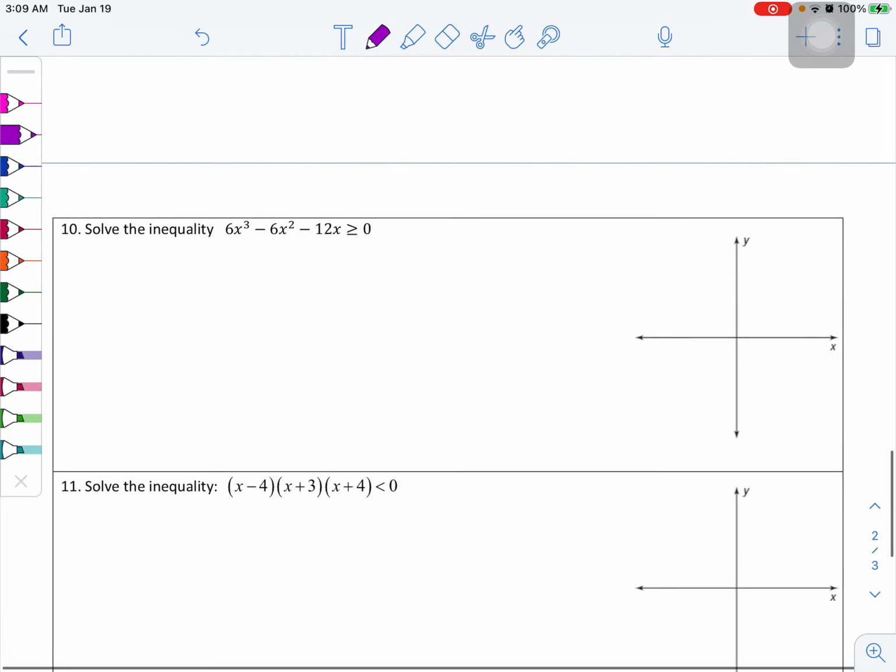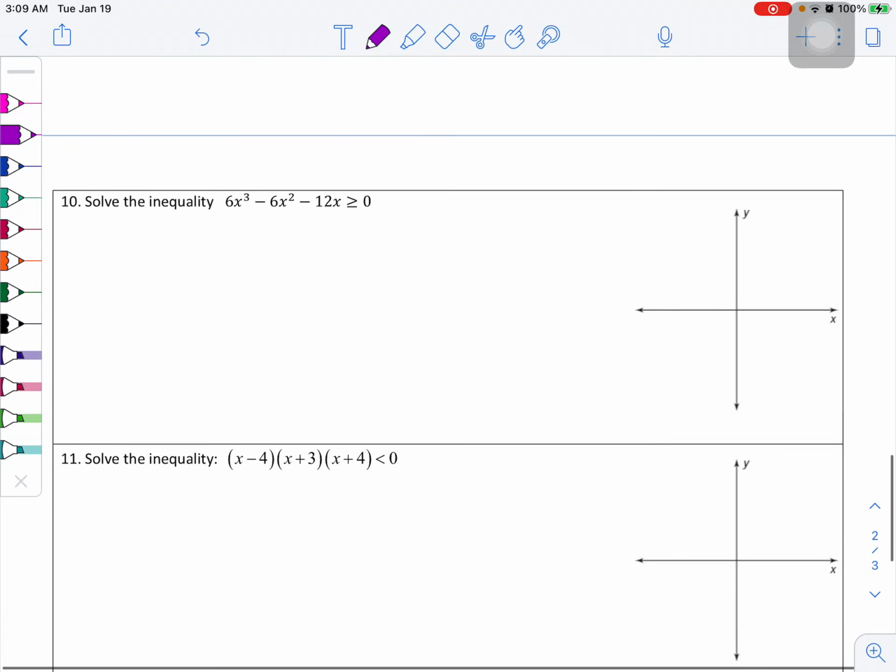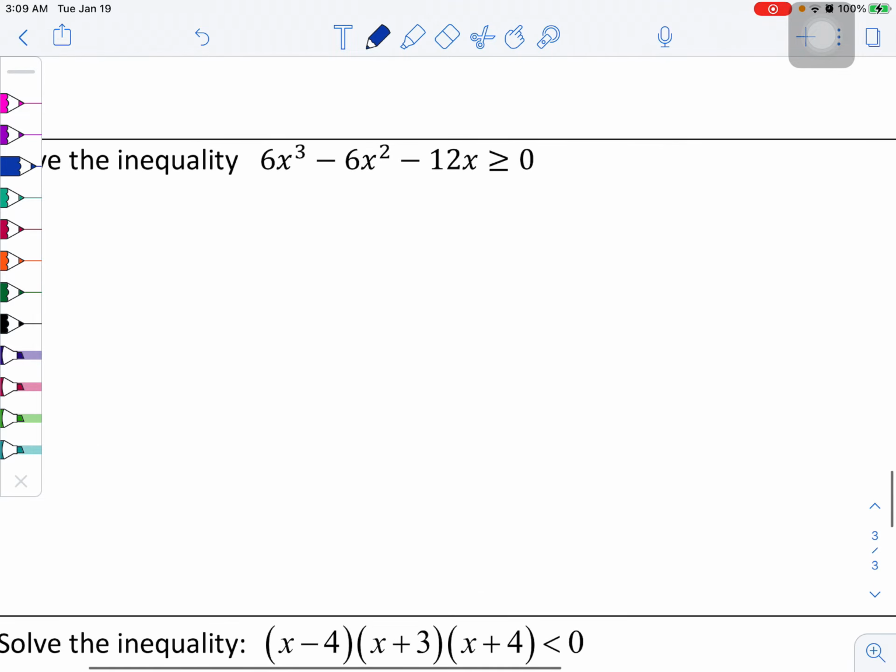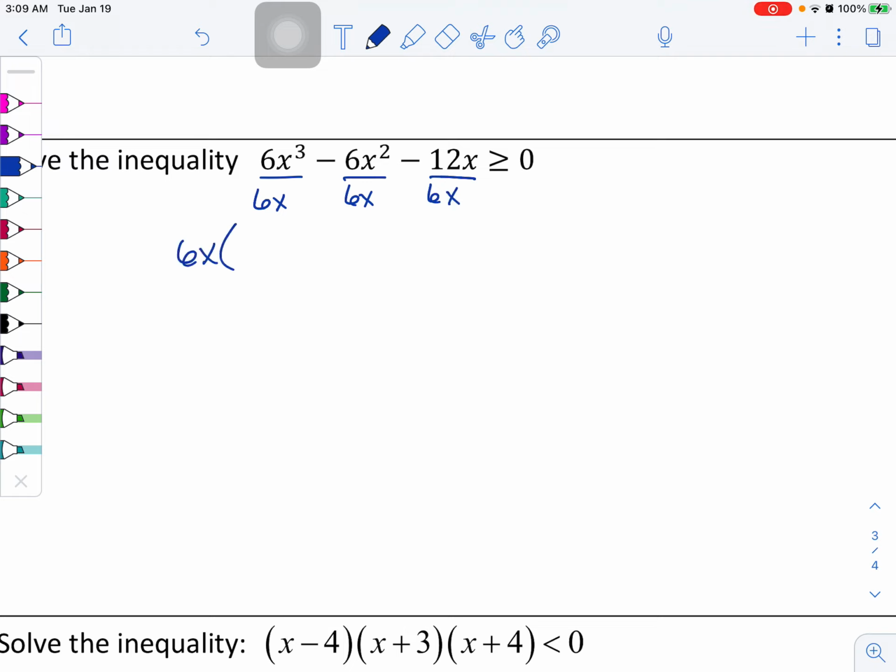All right, next question. And I believe there's 2 more. Okay, so problem number 10. I'm going to zoom in on this one. Now, I do recognize that there is a GCF here of 6, and I also recognize that there is a GCF of x. So this is one where you want to be careful, and I'm going to factor 6x out,